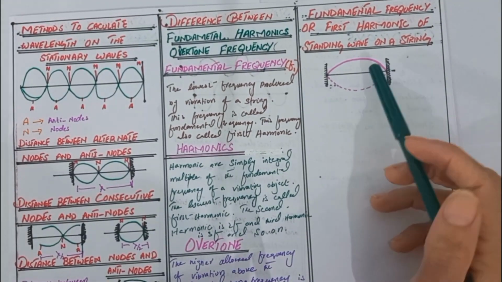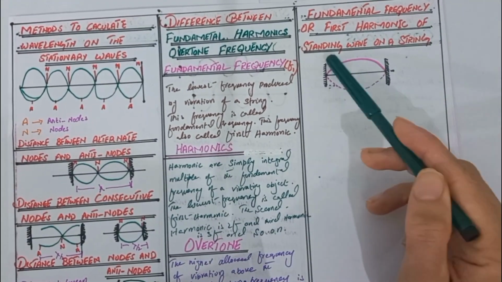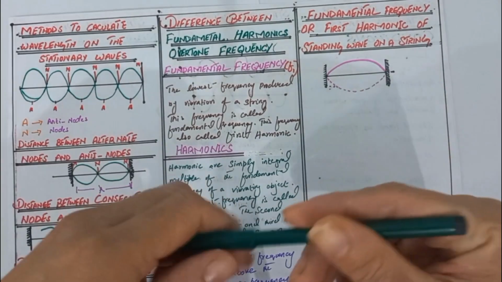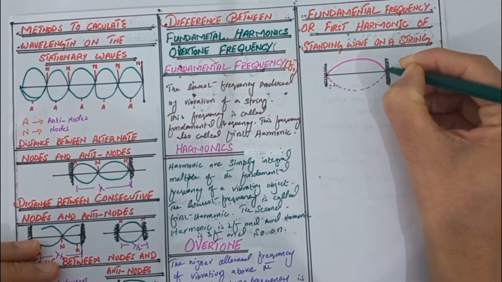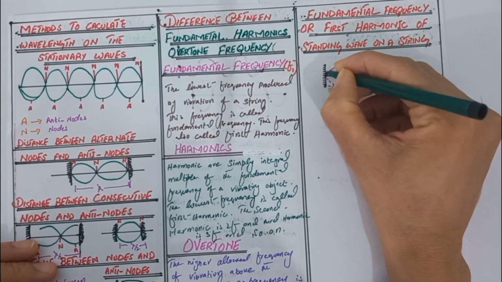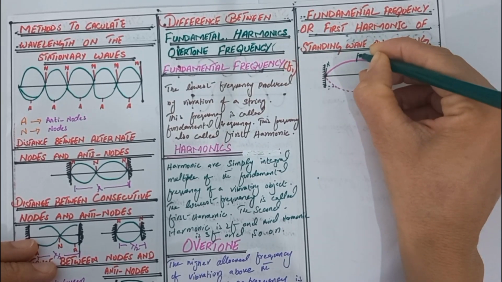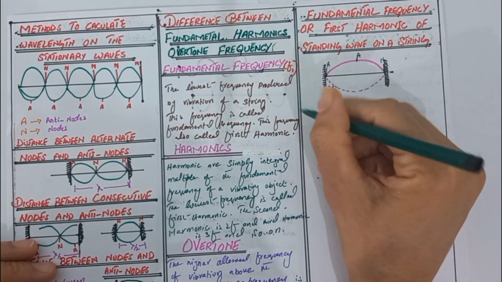Assalamu alaikum students. Today we discuss the topic of the fundamental frequency or first harmonic of a standing wave on a string. We know the nodes and antinodes on a standing wave: where the amplitude is 0, that point is called a node, and where the amplitude is maximum, that point is called an antinode. So we know that